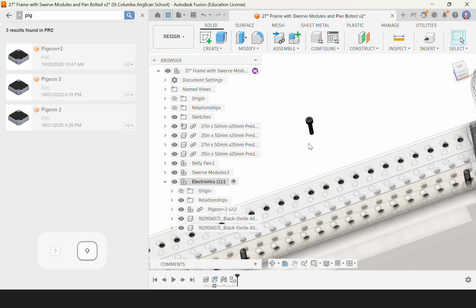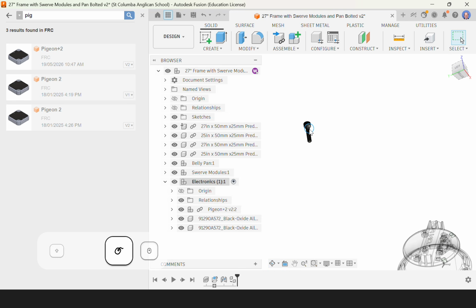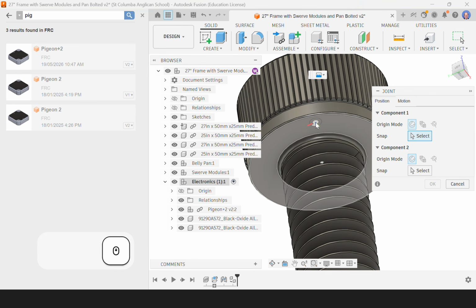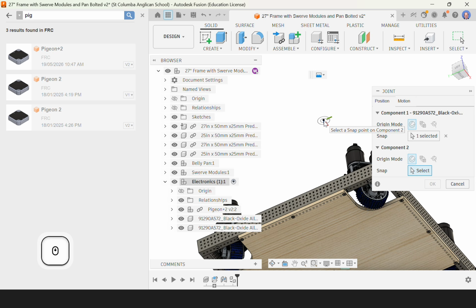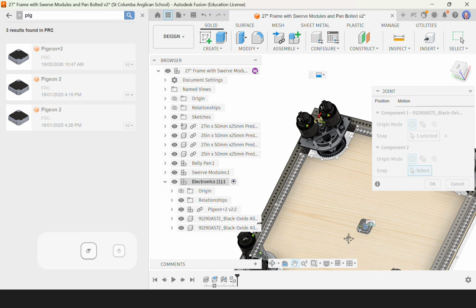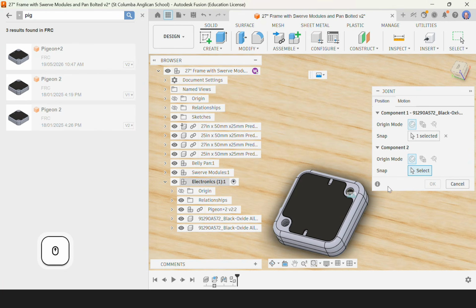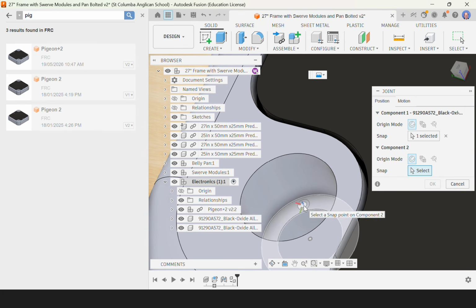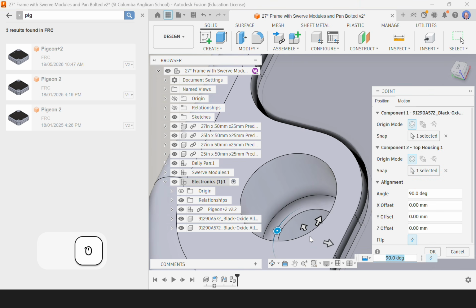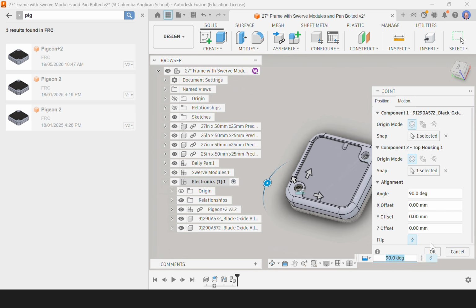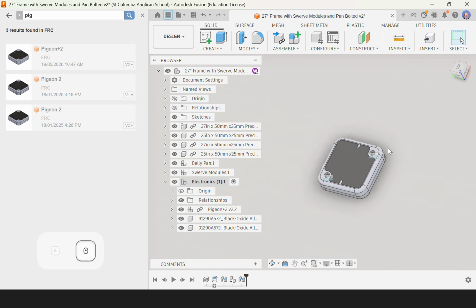I can zoom in here, Shift, center scroll wheel, turn that view around, J for joint. Grab that face, hold Control to lock it to that face. Click there, zoom out, Shift, center scroll wheel, pan, center scroll wheel to move the view over, and I want to get in there onto that face there. If you do click on the ring on the edge of that, because there's only one joint origin here, that is one way to get that center origin, but I always just like the habit of hovering over the face, holding the Control key, then going in to grab the joint origin. Then you always know you're going to get the one that you're clicking on. And then click